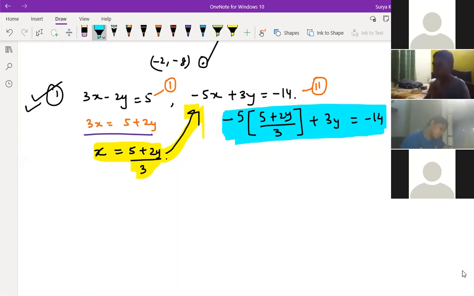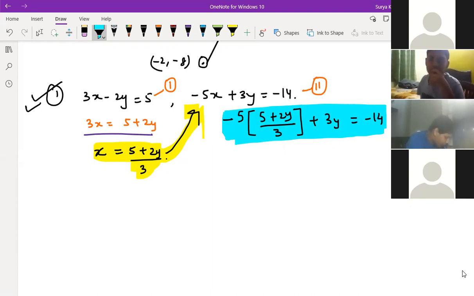Oh, okay. I thought, sir, I did both of them separately. I did question 2 also by the same method that you said, sir, x equals minus 2. I didn't do x equals 5 plus 2y. No, no, that is only for the graphical method. When you put values and make x equals something like that, that is only for the graphical method.